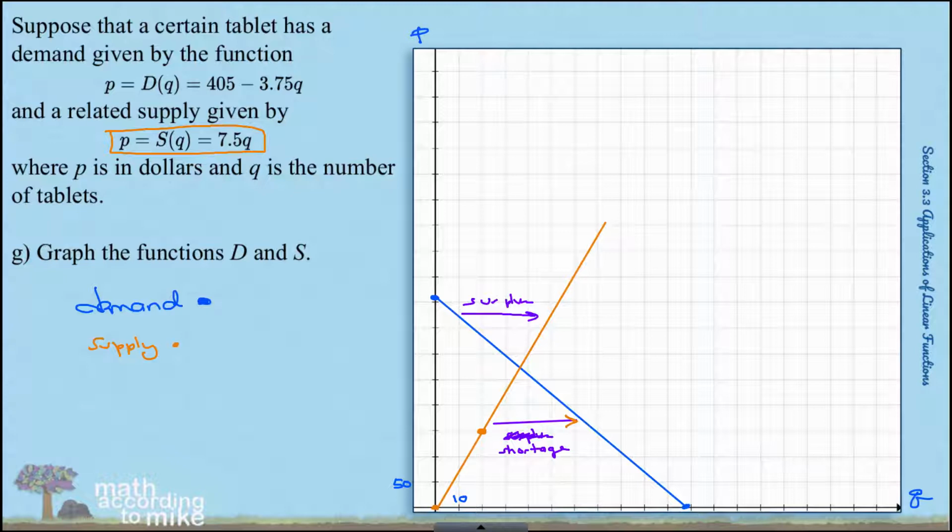As far as part H is concerned, that is when supply equals demand. Boop. And that point is called the equilibrium point. Equilibrium is when supply equals demand. So we can say D of Q equals S of Q. So we would have 405 minus 3.75Q equals 7.5Q. If we got the Q's on one side, so if we added 3.75 to both sides,